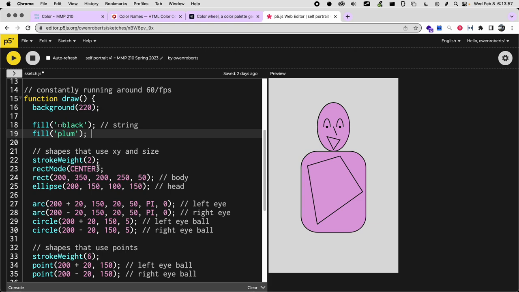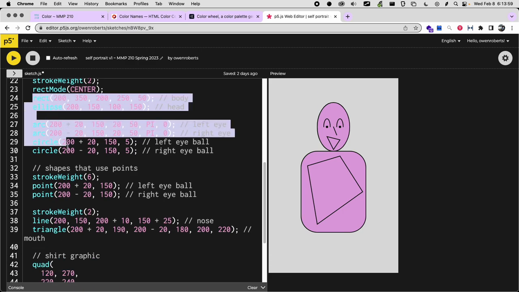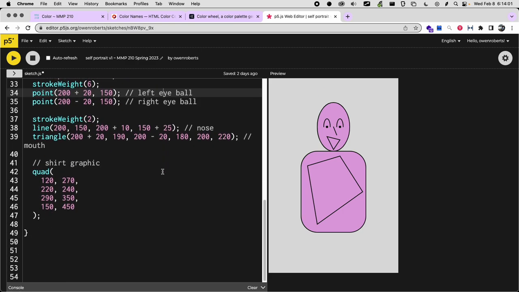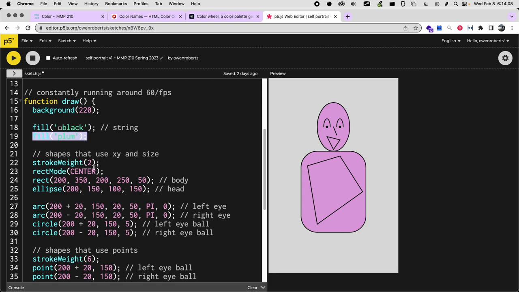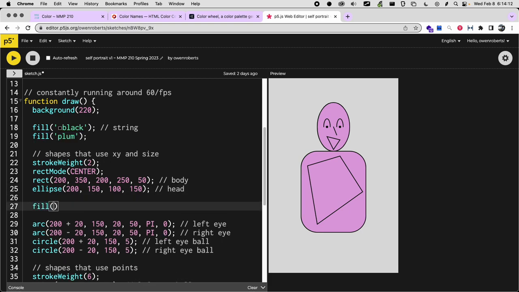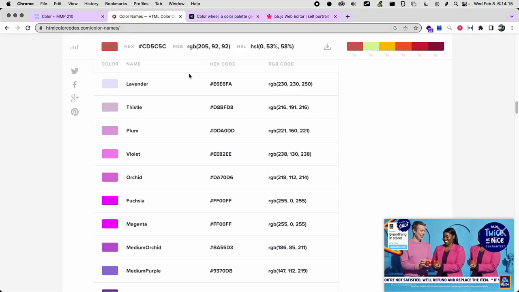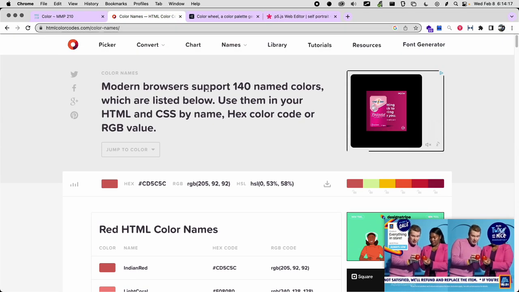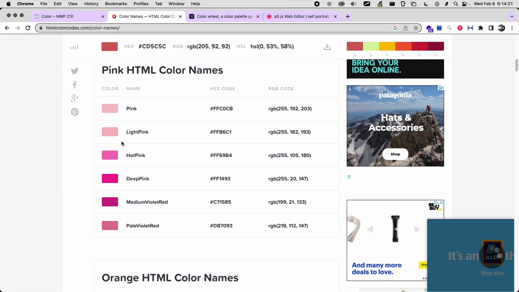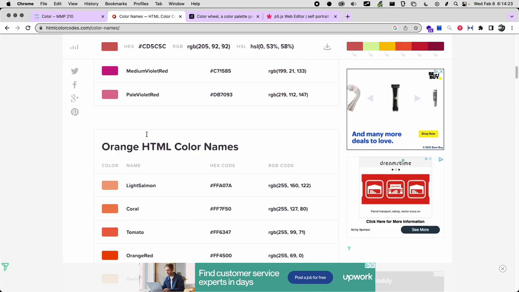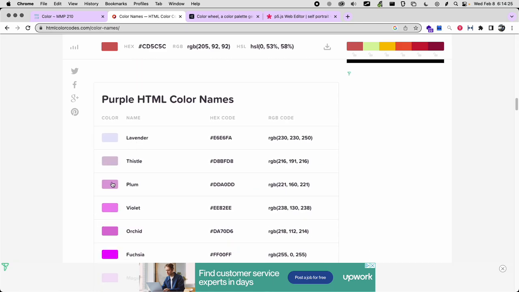And notice that the fill applies to everything that comes later in my sketch. So if I apply another fill after this, let's say after the body and the head, I apply another fill. And let's just choose a color. I'm going to go up here. What did I use? I used plum. Where did plum go? Here it is. Maybe we can